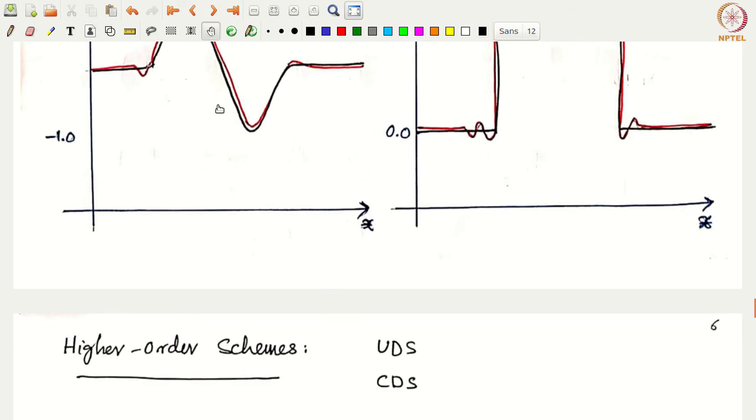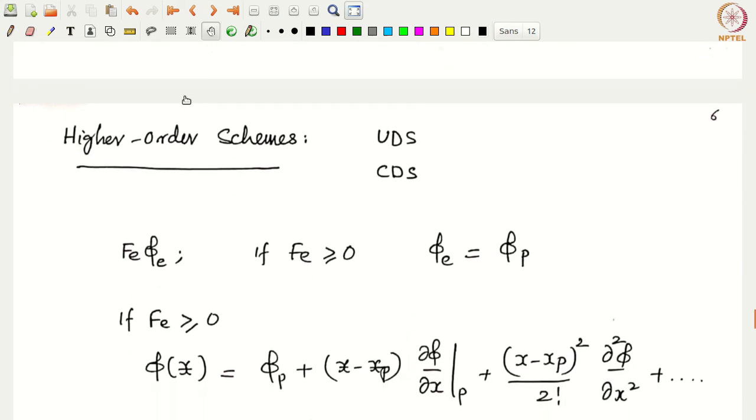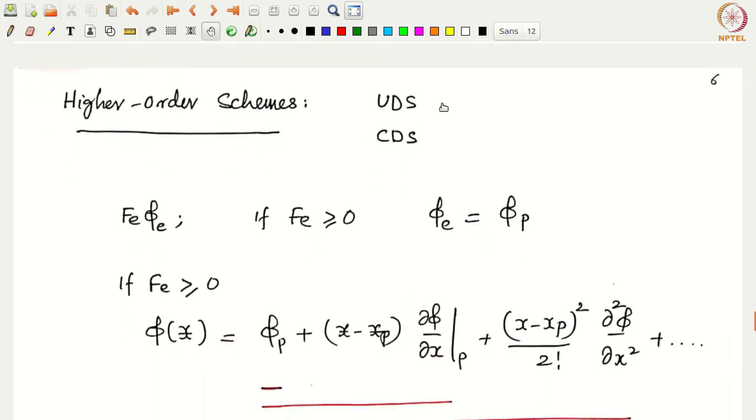So the next topic is the construction and use of higher order schemes, based on the upwind difference method. Up till now we have looked at the first order upwind difference scheme and the second order central difference scheme, but these per se are not very usable. The upwind difference schemes are more diffusive in nature, and the central difference schemes, although dispersive in nature, cannot be used because of the problems with unconditional instability. So higher order schemes are proposed, which are based on